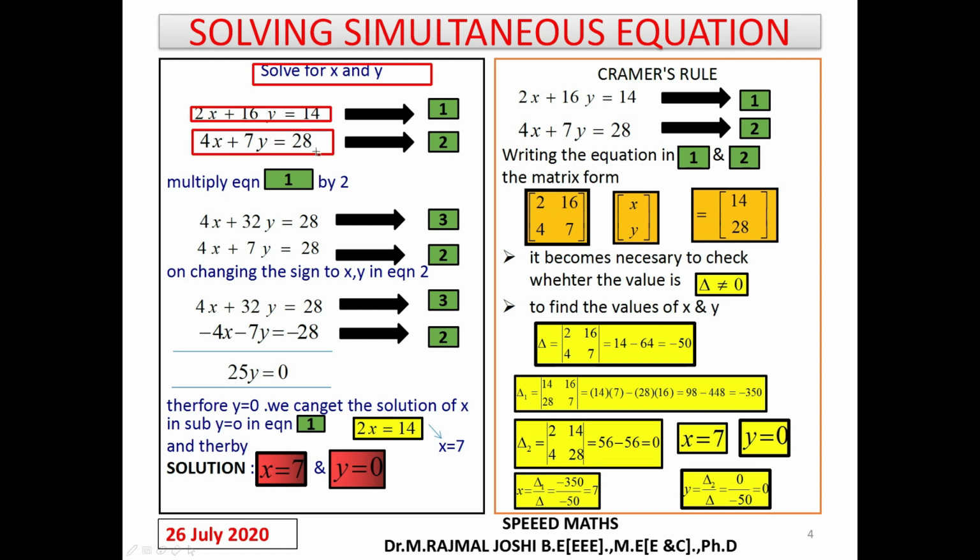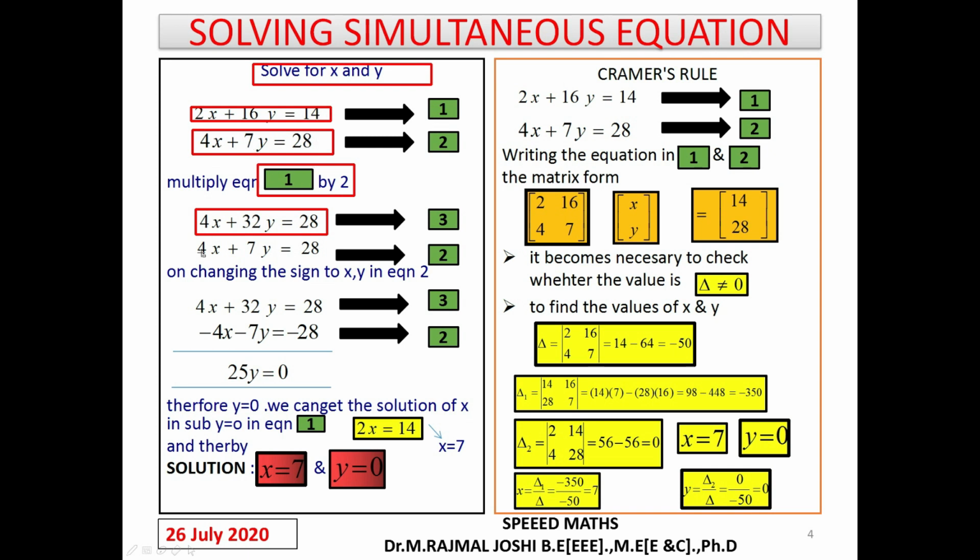When you go for the elimination method, we'll try to eliminate any one of these two variables, either the x variable or the y variable. For that we need to check the coefficient of x or the coefficient of y. But here we'll take the coefficient of x. It is quite easier to cancel that part. Since in the first equation the coefficient of x is 2, we'll multiply the first equation by 2. Once you multiply it by 2, we need to multiply both the LHS as well as the RHS. So the first equation, when you multiply the left hand side, will become 4x plus 32y, and the right hand side will become 28.